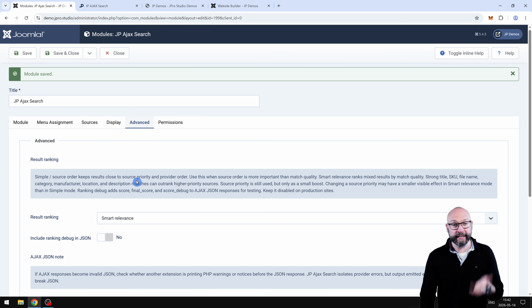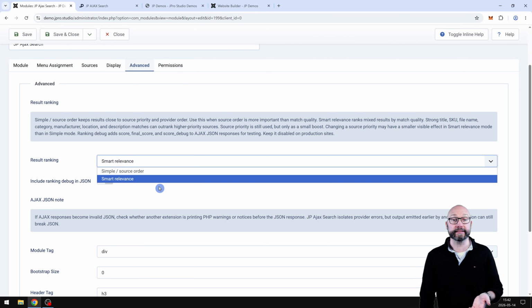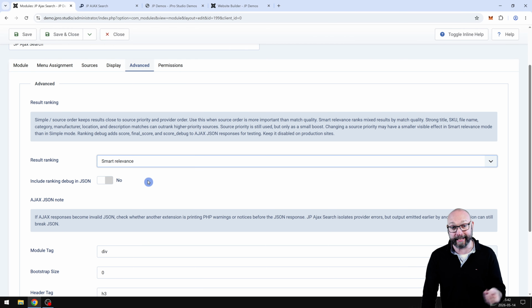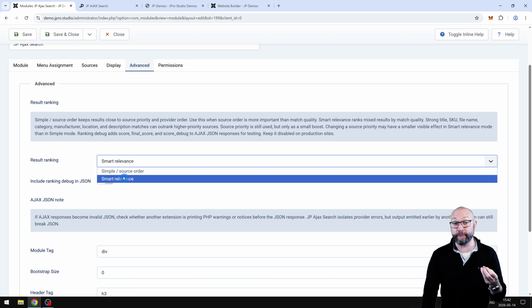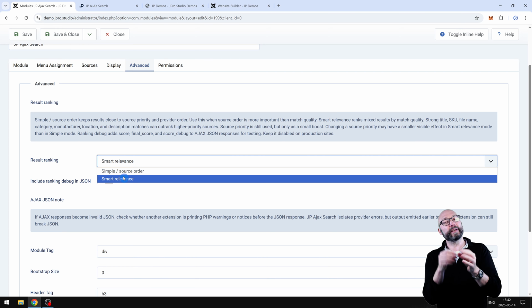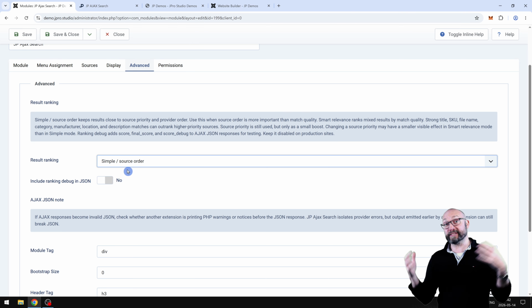And here we have the advanced tab. This is simple or smart relevance. That's how the results rank. I really recommend you try the smart relevance because we tuned that really well, and it has a little bit of this fuzzy function. So even if you have a spelling error, it's still going to pull out good results. So it's really nice, and simple source is just a raw